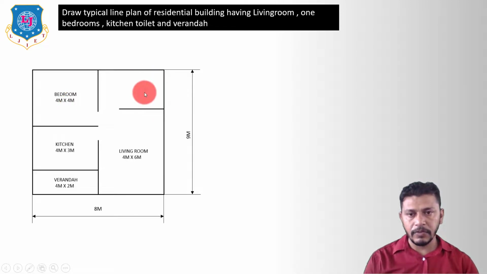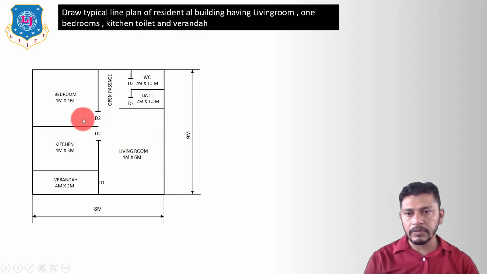In this area we will show the WC and the bath. Okay, so 2 meter into 1.5 meter bath, 2 meter into 1.5 meter WC, and this will be the open passage. Okay, now we have to show the symbol for the door, that means the requirement of the door. So here we will take D1, this will be the D2 type doors, this will be the D3 doors, and in each room we have to